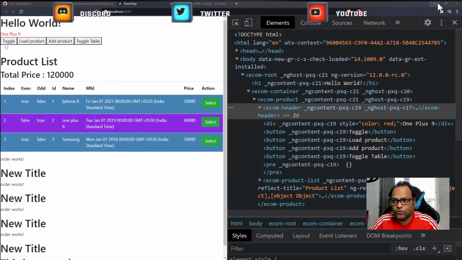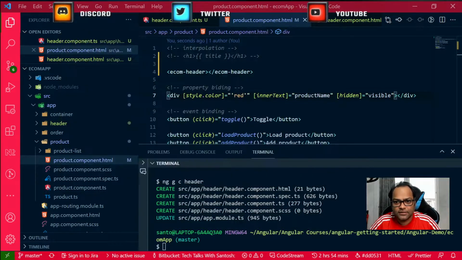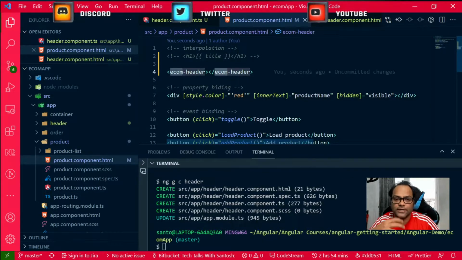And now what I want to do is actually refer to or take an instance of this ecom header component in my code base, and then I want to assign some title. This is really useful in case you have some component, for example, any third-party component where you don't have any control, but you want to change something programmatically. So any component, let's say some component which doesn't contain input and output properties,